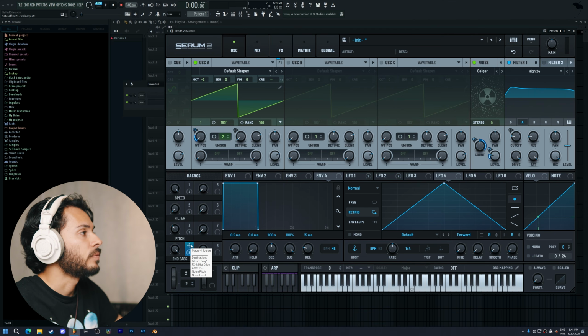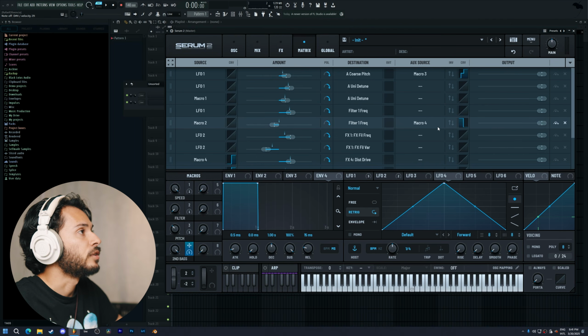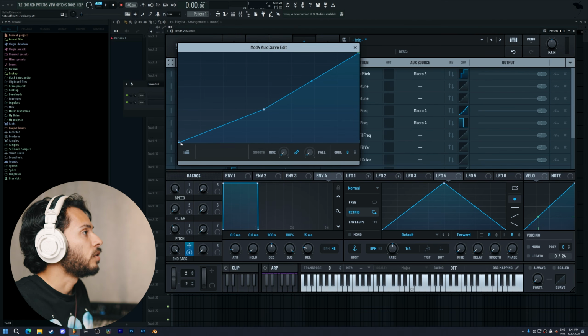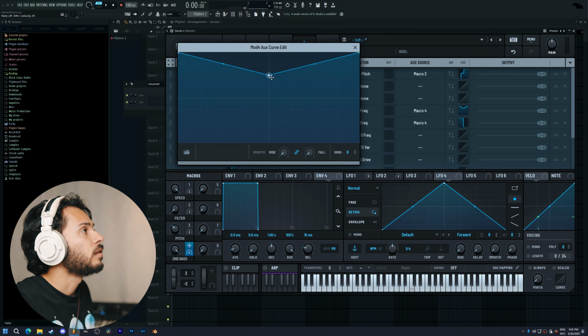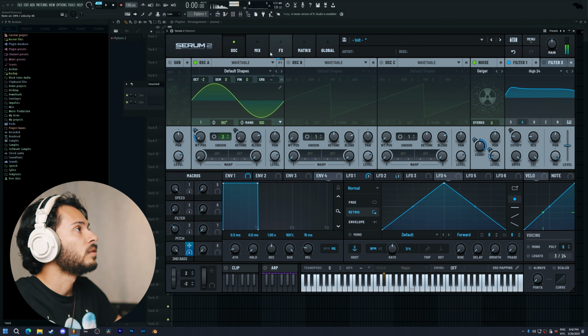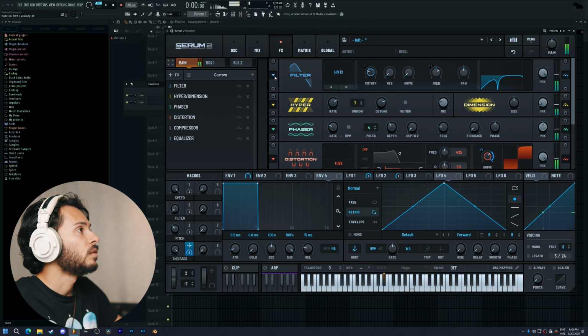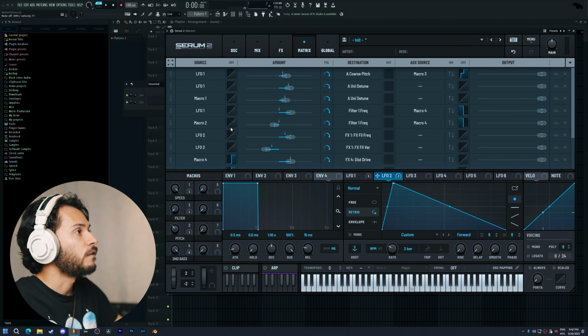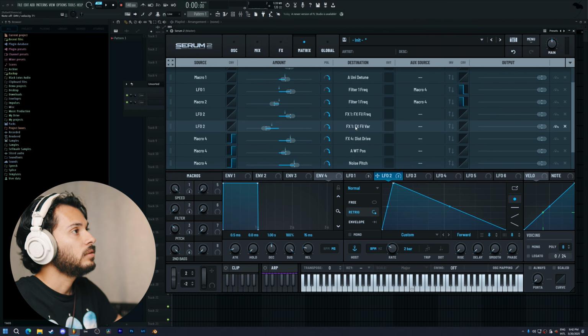And now what we're gonna do, and let's also disable the filter frequency here with macro number 4 here. Again, same curve type here, like this, so that it disables it. Now we need to disable LFO number 2 here on the filter effect. So let's go here into the mod